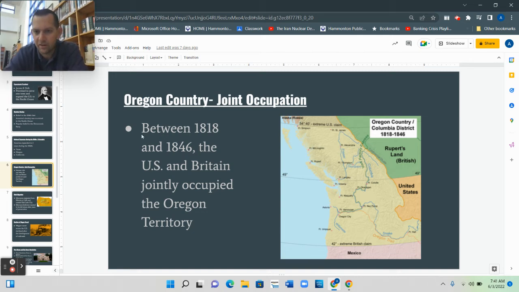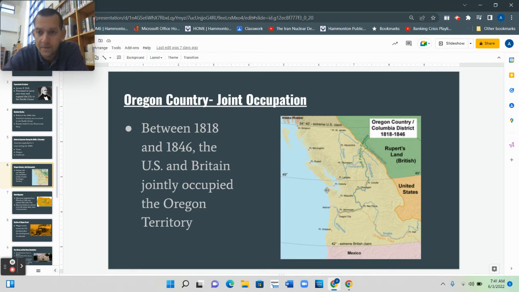Let's keep moving. All right, you have to know a little bit about the Oregon country. So I have a map right here. All right, so in the early 1800s, this area was referred to as Oregon. This today is modern day Canada, and this is today, modern day Washington, Oregon, and Idaho.